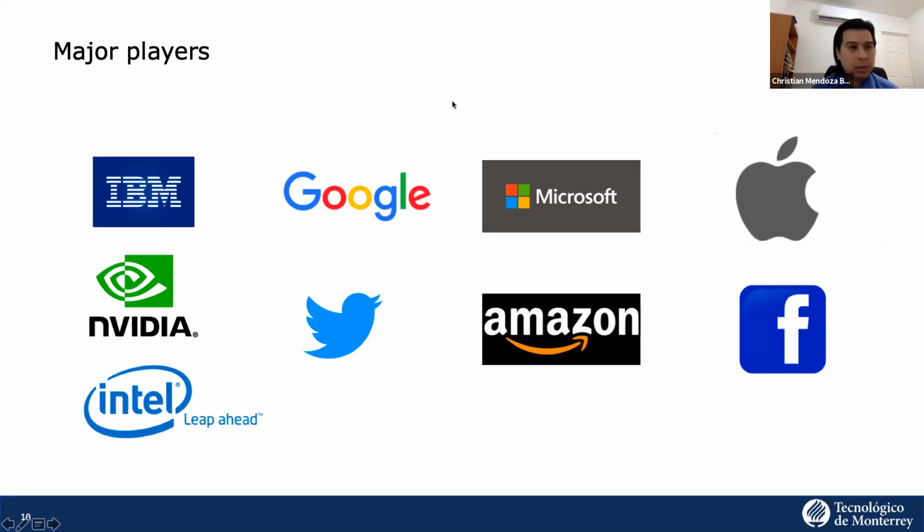Also, it's worth mentioning some of the major players from companies that are pushing forward this technology. We have the likes of IBM, Google, Microsoft, Apple, NVIDIA, and so on. All of them are very important players. They are investing a lot because they are buying small companies, startups that are very good at something in machine learning or deep learning, and they buy them and use that technology and, simply put, get their services or hardware even better by doing so.